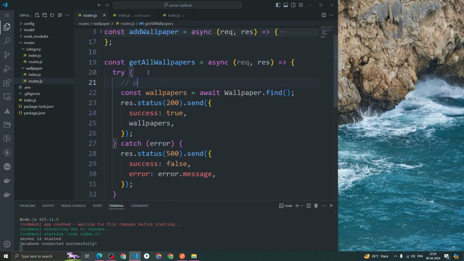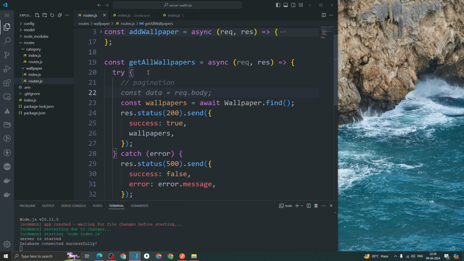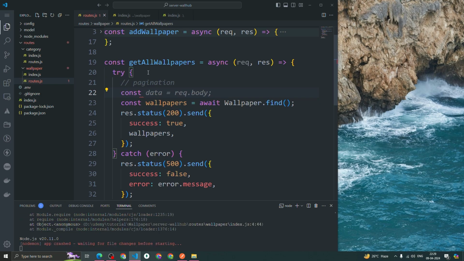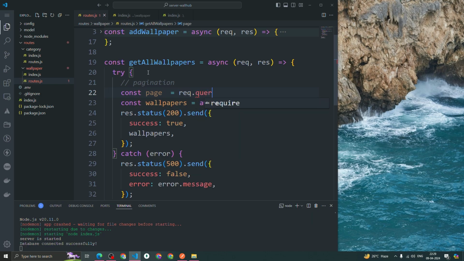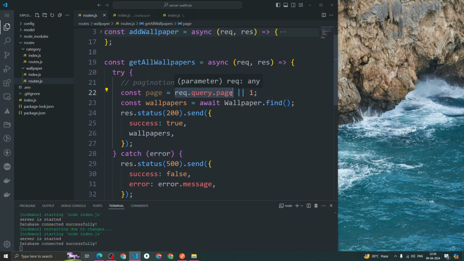For the pagination, we have to get the page from the front end. So I'm gonna assign a variable, const page, and we're gonna get it from the request, because inside the query we are sending the page. So request.query.page. Whatever page is coming from the front end, we can read it like this. If we don't have any value,